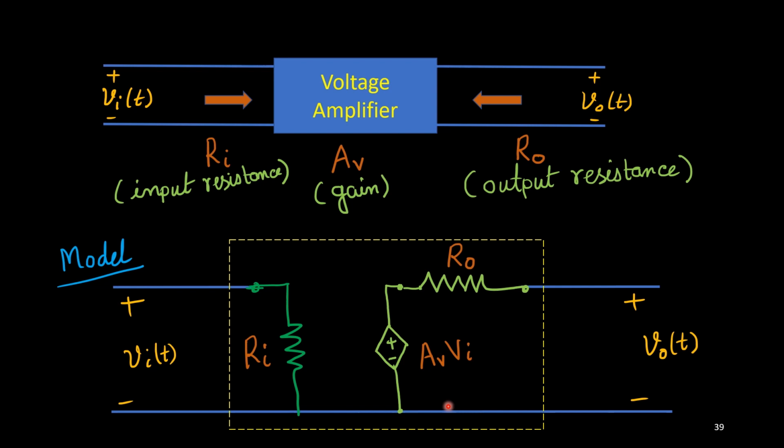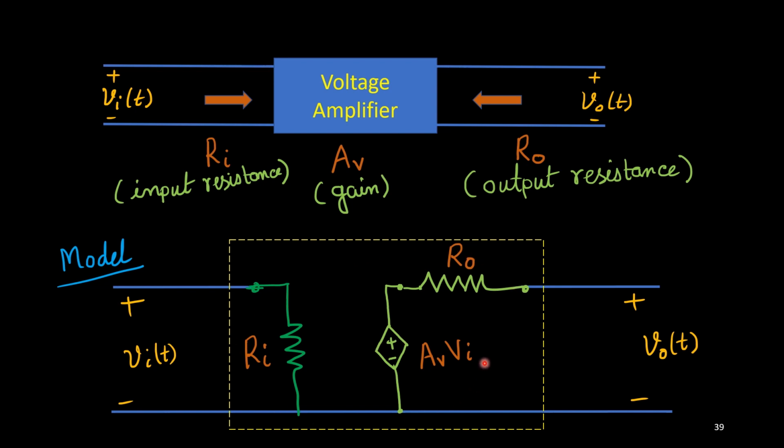For low frequencies, I said that those external capacitors, the coupling ones, C1, C2 or CE, will be connected this side or this side. Okay, that's how we will get some bending, but the model will remain the same. So this model is good for low band, low frequency as well as mid frequency,